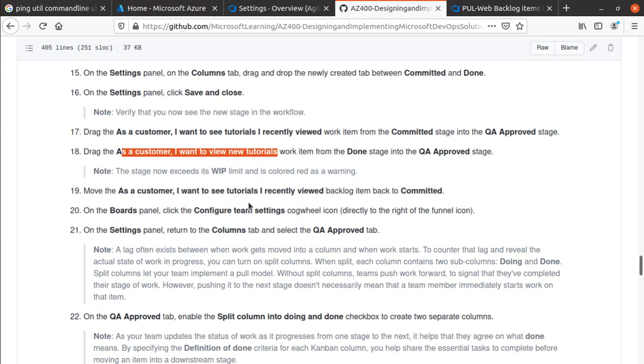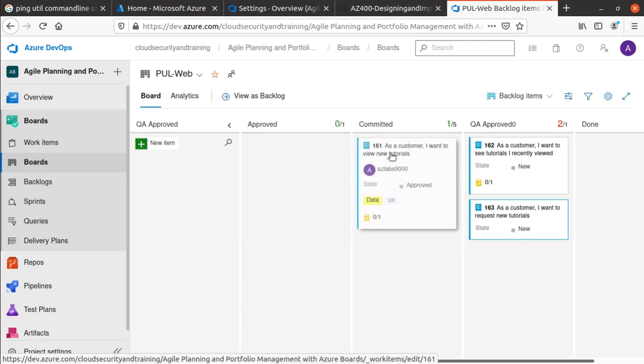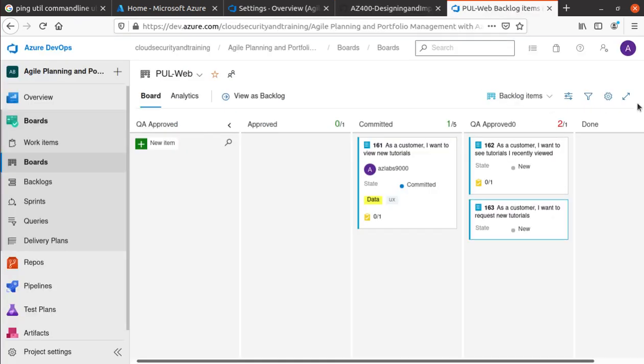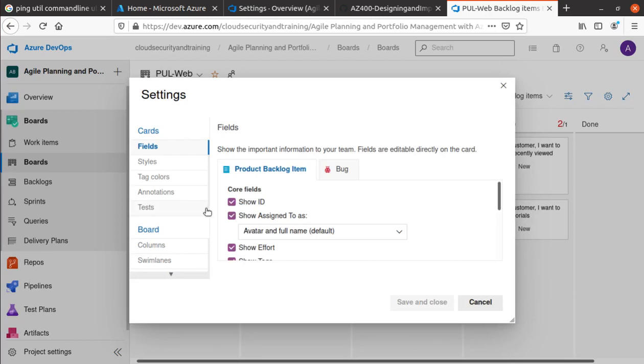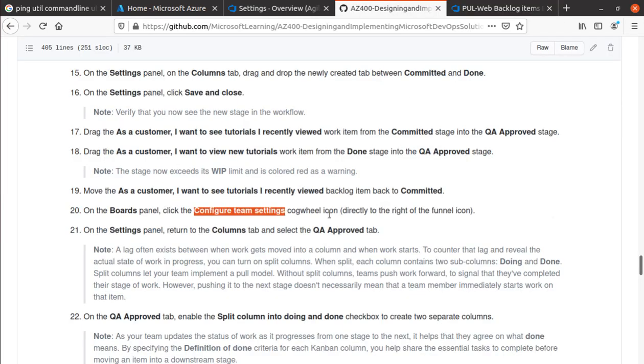"As a customer I want to see tutorials I recently viewed" backlog item to committed stage. Committed stage. On the boards panel, click on the configure team setting, and on the settings panel return to the columns tab and select QA approved tab. So first we gotta go back to configure team settings again. So over here, team settings, and go back to our columns tab and select the QA approved tab